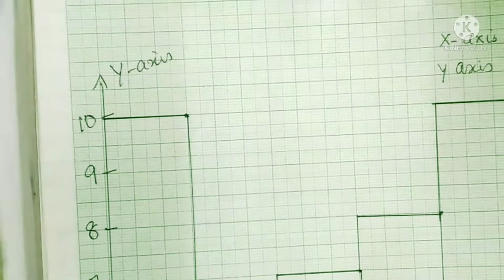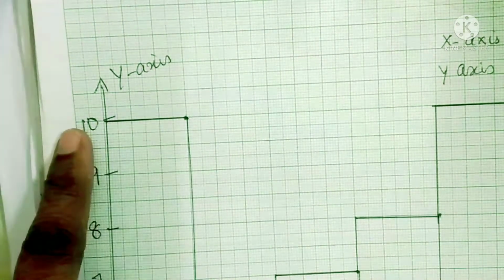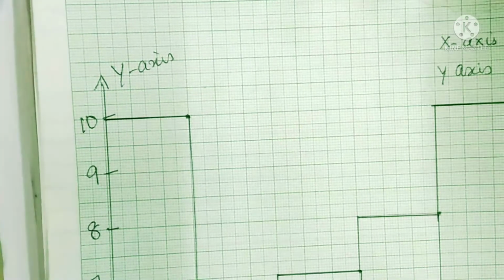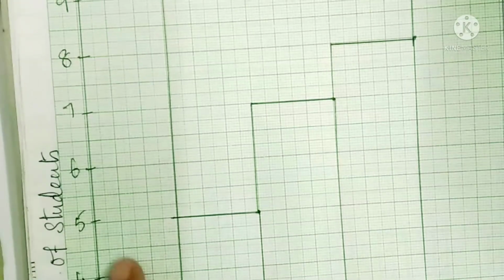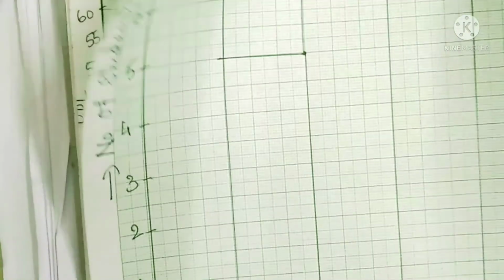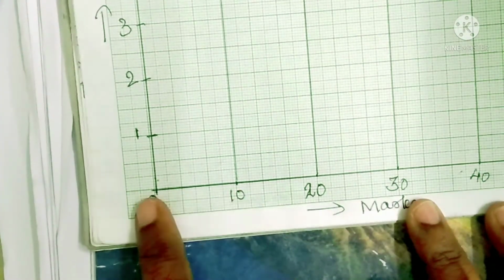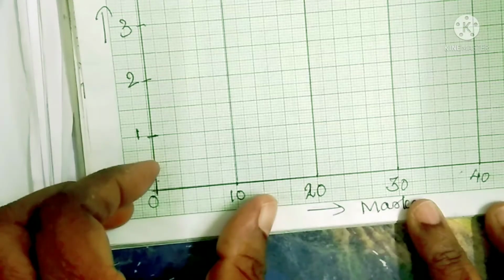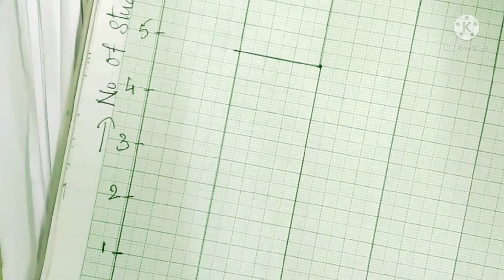You see here, and second thing, the first bar should be attached to the y axis, and all the bars are showing the corresponding values given. And here again the gap, that is the class width, is shown here, 0 to 10 is one complete box. Okay. So, this is the difference between a bar graph and a histogram.